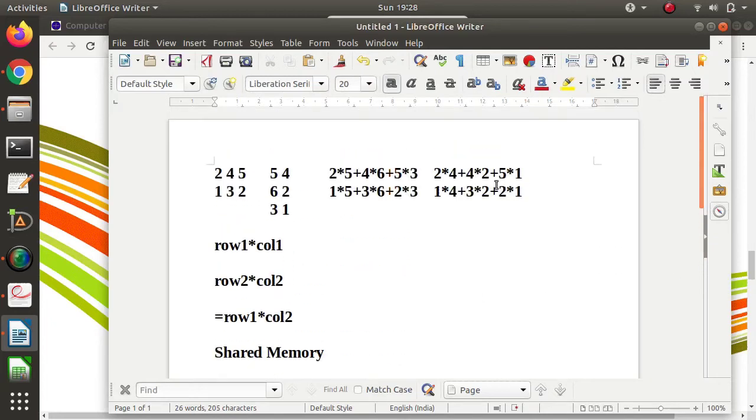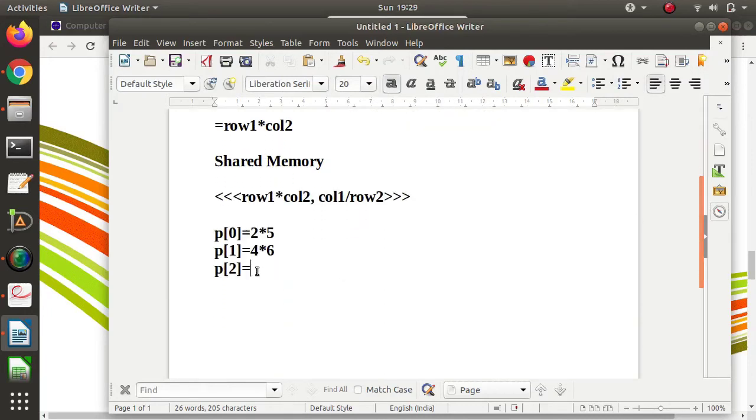Another thread will calculate the value 5 into 3, and that will be saved in P of 2. So we'll declare one array P and that will be saved in shared memory.